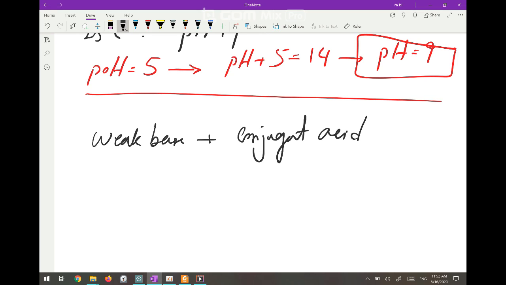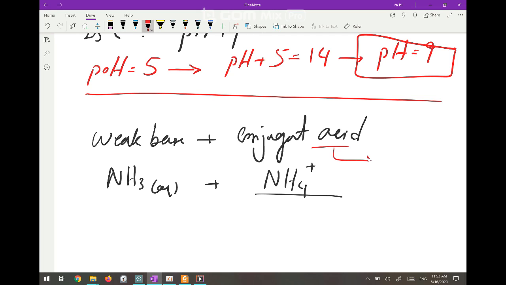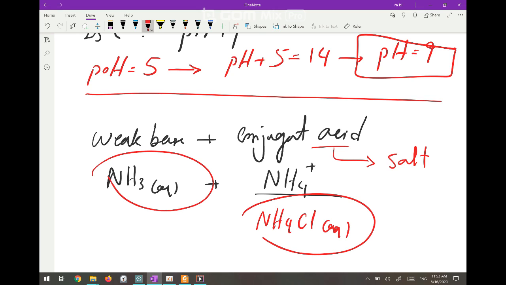acid. A weak base, for example, is NH3. So if you have this one, its conjugate acid is NH4 plus. You know that the conjugate acid of a weak base has one more proton compared to the weak base. But again, this is the cation. You cannot have this one by its own in the solution. So it comes from the salt. So the salt that we can have here is NH4Cl. So if you have these two, this salt and this base, you have made a buffer solution, but the